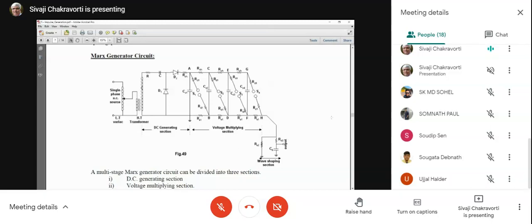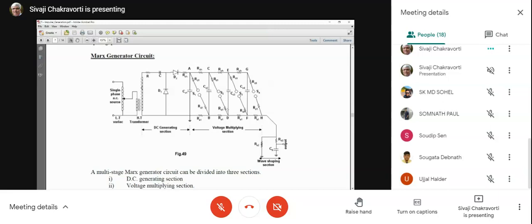Now let me explain how it works. First is the charging circuit. I am not going into it because that's the typical Cockcroft-Walton voltage circuit. You can see the points A, C, E, and G. They are all connected to the doubler circuit through a charging resistor RCH. So all the four capacitors are charged in parallel so that they will be charged at the same voltage.